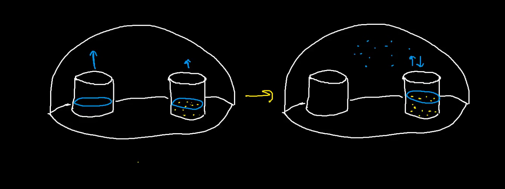Later, when they come back, normally this takes a while because things need to be evaporated, but if you leave this out in the sun, eventually all of the water on the left side, where there is nothing dissolved in it, will end up in the right. And that is because the vapor pressures of solutions are lower than the vapor pressures of the pure solvent. And why that happens is, if I think of a unit volume,